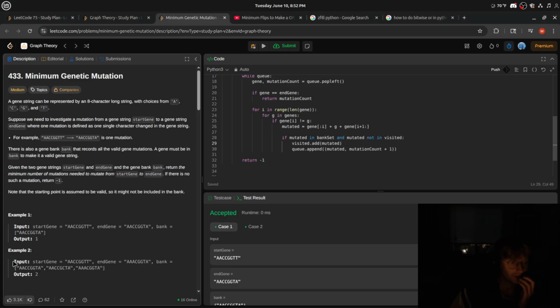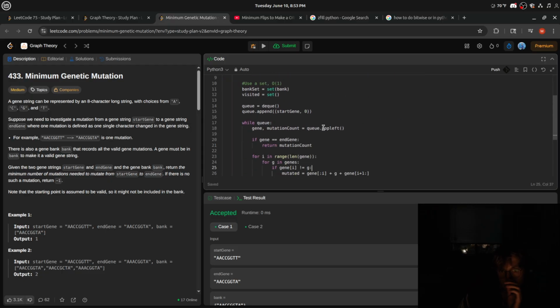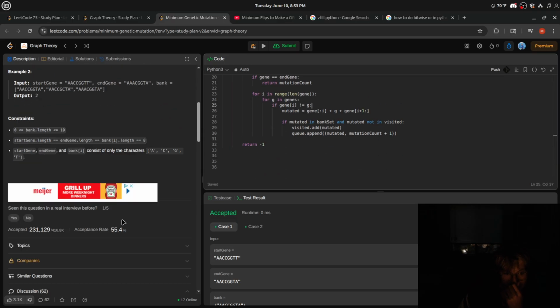Right, so pretty much what I think this is saying is that all the genes are in the bank, right? The reason why we check if it's in the bank is because it's guaranteed that if we change one, that doesn't really make sense. If we change where that's like it, then it'd be there. I understand the fundamentals behind this and the way that this algorithm works. It is definitely an interesting problem, but